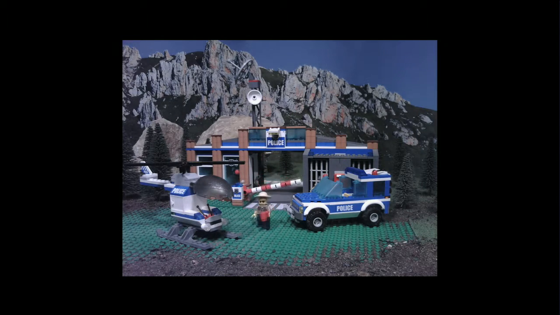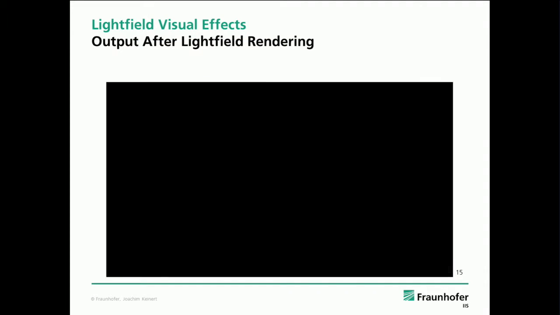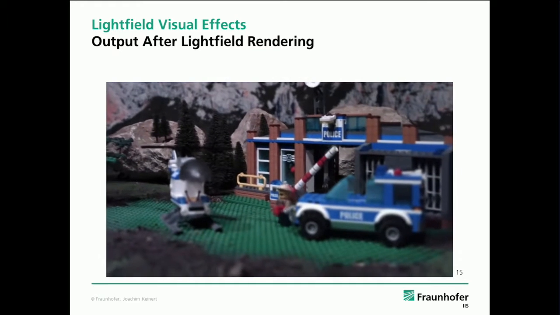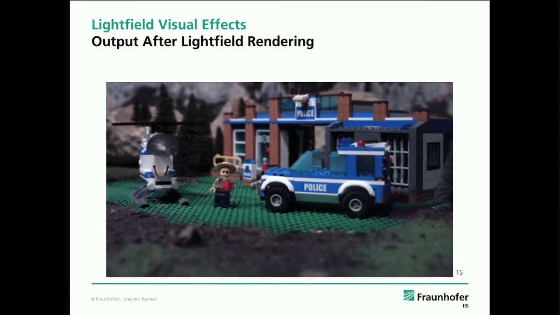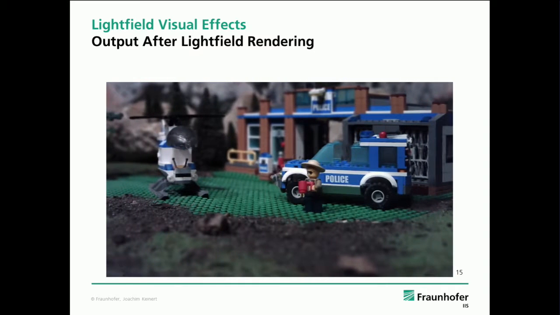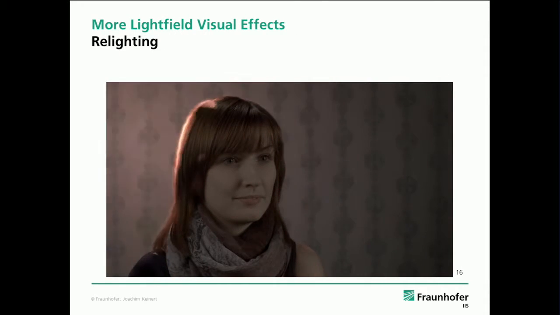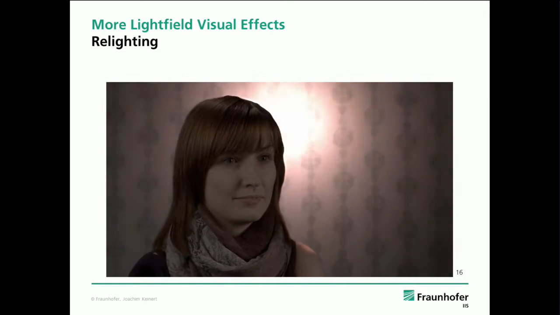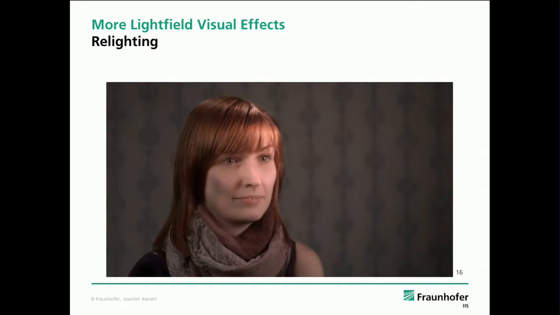So we had 16 of these different stop motion movies, and then we recombined this and also added virtual refocusing and also virtual movement. So the camera movement here and the refocusing is completely done by computational processing. What is also possible, of course, is that you have these objects with X, Y, Z